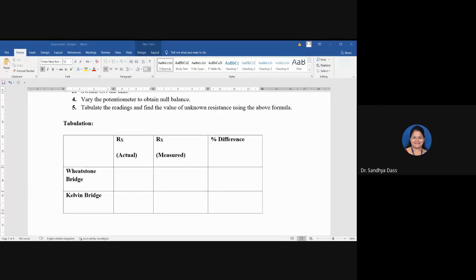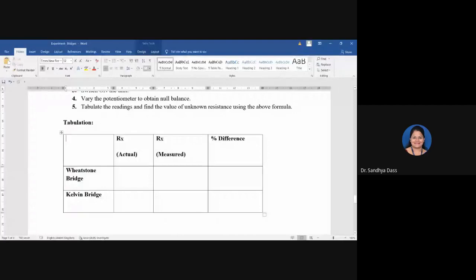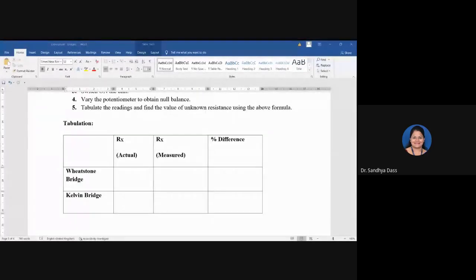In the Wheatstone bridge, Rx is equal to R3 into a constant, which was written. That ratio R2 by R1 is constant. 1 second, let me go to that slide. It is just that this ratio R2 by R1, if you have taken fixed resistances, then it will be constant, right? So using that, if you have connected a variable resistor R3, then just vary R3 so that you adjust the voltage at this point or adjust the current here. So the current should be 0. That is our condition.